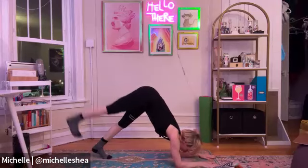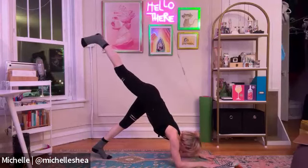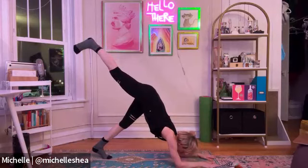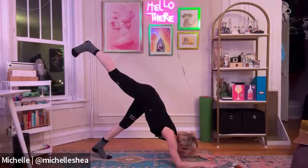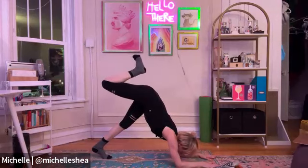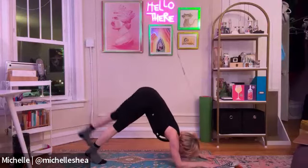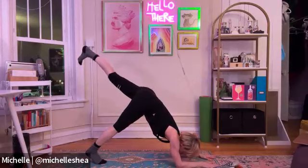Then you're going to find your favorite leg, the one that feels super active when you reach it up. So the leg wants to be straight because it's like your rocket ship that's going to propel you up towards space. So don't have a curved rocket. Don't break your rocket. Make sure that it's straight and strong. So whichever leg feels the best when it's straight and strong and you feel like it's super active, take that